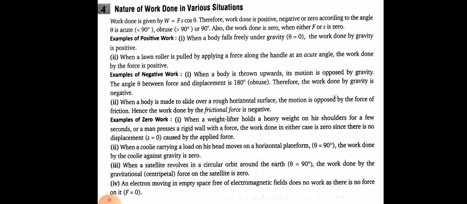Let us suppose bodies A and B are colliding such that A applies force on B and B applies force on A, but after collision, the whole system displaces in the direction of motion of A. Then in that condition, work done by A is positive because theta is less than 90 degrees, or 0 degrees, for A, while for B it is negative by the same logic, that is, the angle between the force applied by B and displacement is more than 90 degrees.